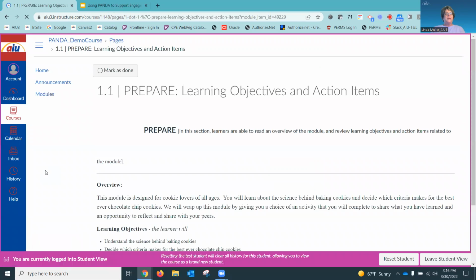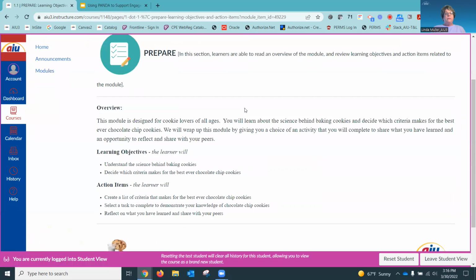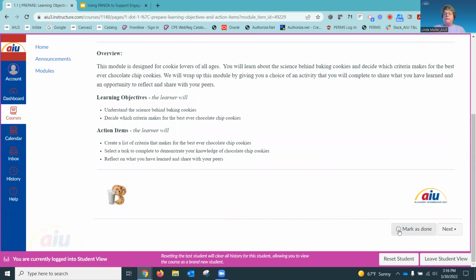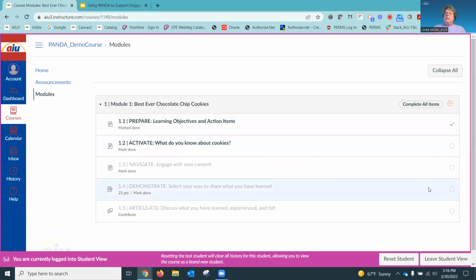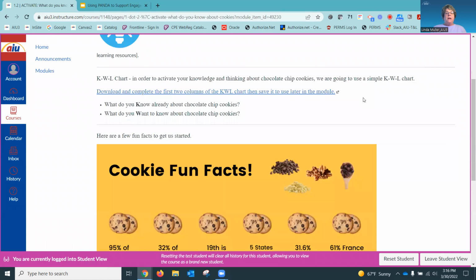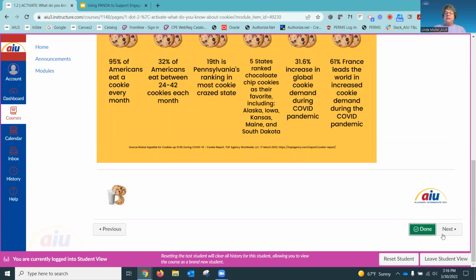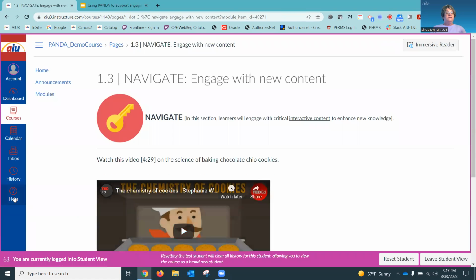So I have to come in here as a student and I have to read through everything here, and then I have to mark this as done. Once it's done, I'll go back to modules from the menu, and you can visually see check mark. I've done this, and it activates or makes available the next section of PANDA. So then I can go, what do you know about cookies? I go through my activate page, I mark it as done, I click next, and then the bell rings and I have to go to my next class, and tomorrow when I log in,